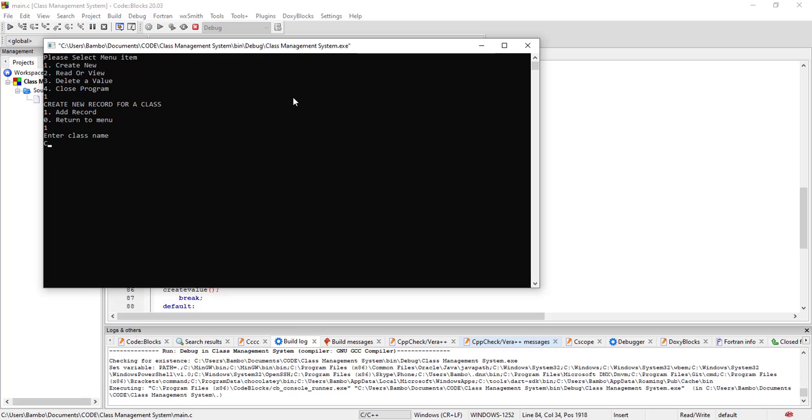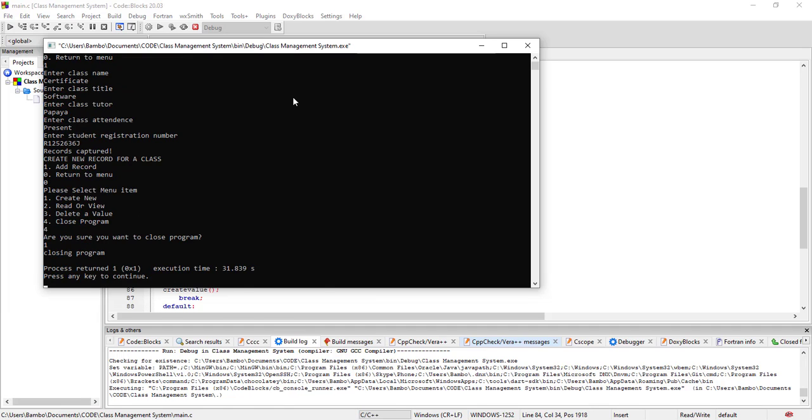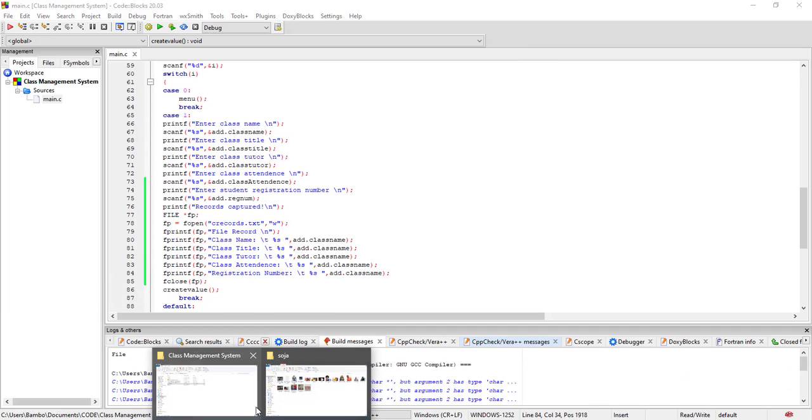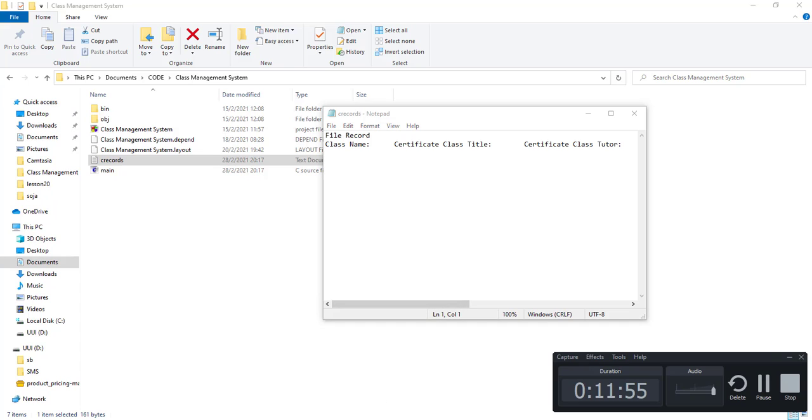and we can see if we have done our code well. And then we put a reg number, like that, return to main menu, 4 for close program, and then we are done. Let's see if that has given us what we have entered. Perfect. So everything has been entered, although it's coming out in a straight line, and it's not giving us our